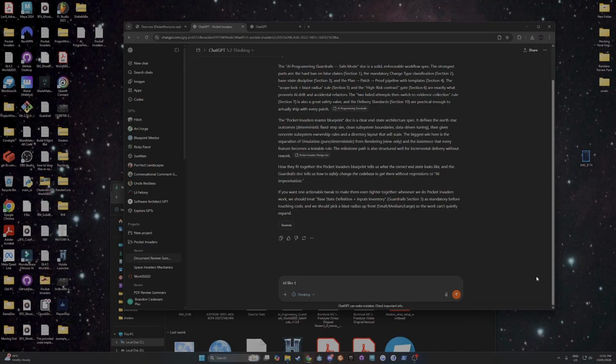I'd like to start the game project now, for Space Invaders, and I'd like to call it Pocket Invaders. Please generate the starting folder